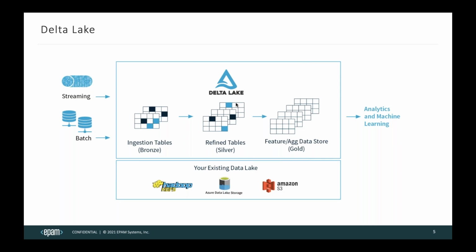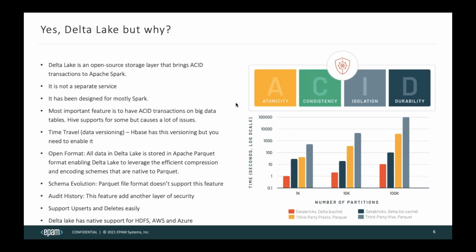As you can see, there are several stages, and it shows us the aggregated data. So basically, we can send the data from streaming or batch to the Delta Lake. Then at the end, we can get aggregated and ready to use data. And we can use, let's switch the slide first. Yes. So yes, Delta Lake, but why?